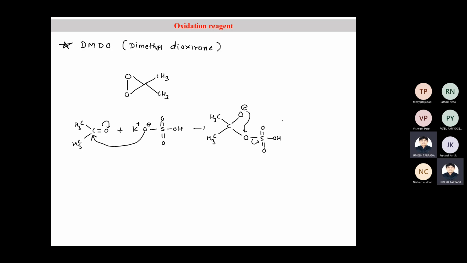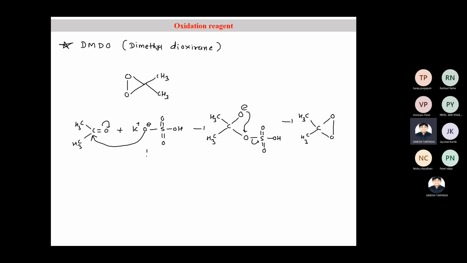So you may get this reagent. In short, you require a mixture. You may have a mixture of potassium salt of sulfonic acid, bisulfonic acid, KHSO4, and ketone. So you can have this reagent. And the application of this reagent is,